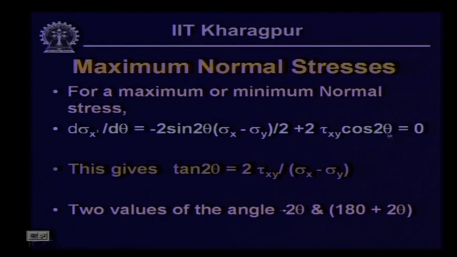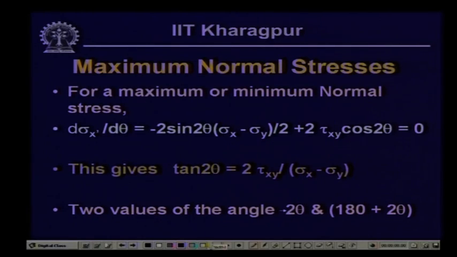So, this is the derivative of the normal stress, and this is the value of tan 2 theta, and we will get two values of this root, 2 theta and 180 plus 2 theta. We have designated this as theta p and 180 plus twice theta p. So, in effect, when we transform this into the stress plane, we have angle theta p and 90 plus theta p,